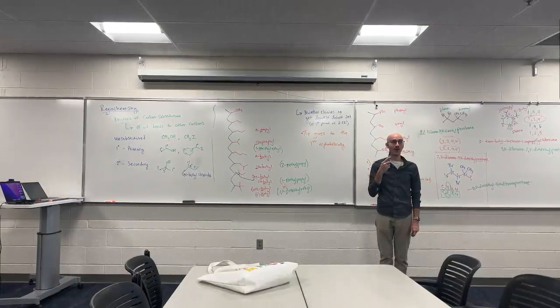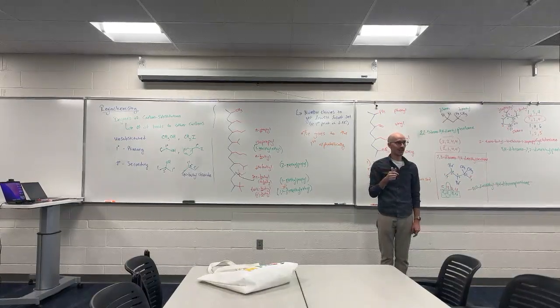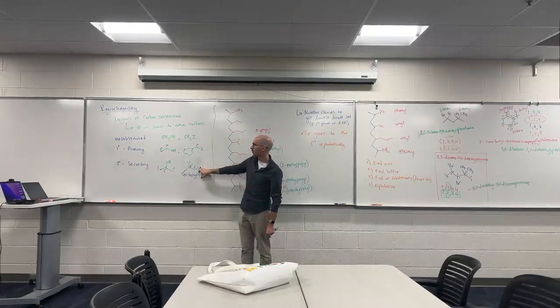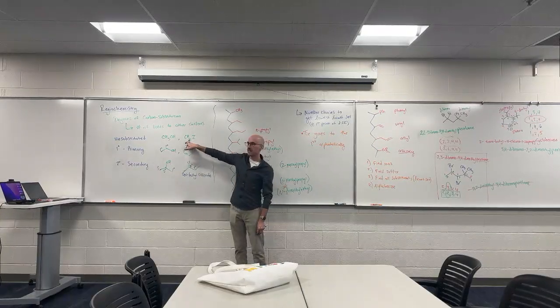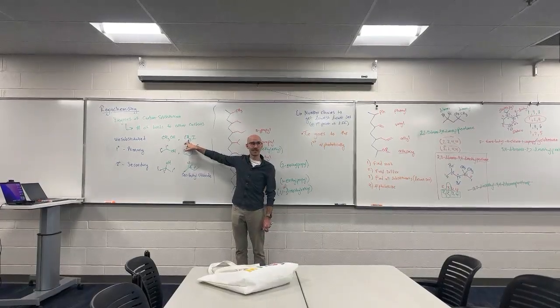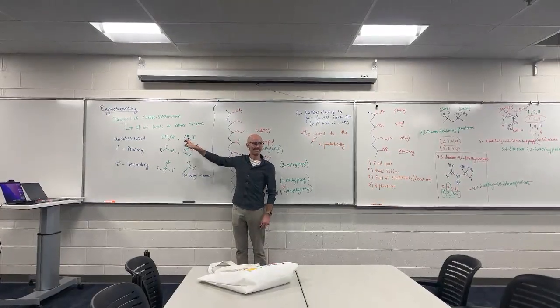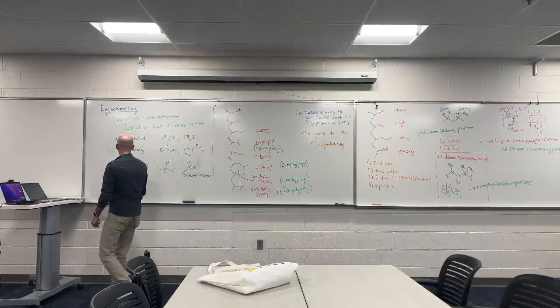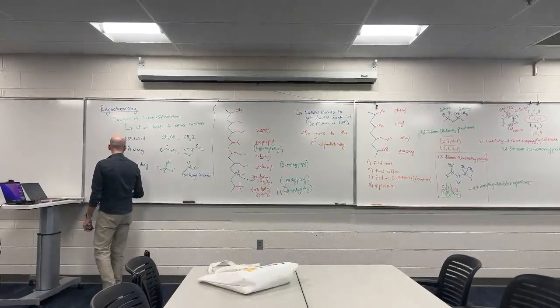And here's another terrible thing. We call primary carbons methyl groups, which is different than being a methyl carbon, an unsubstituted carbon. It's great. All right, if there are 3, we call it